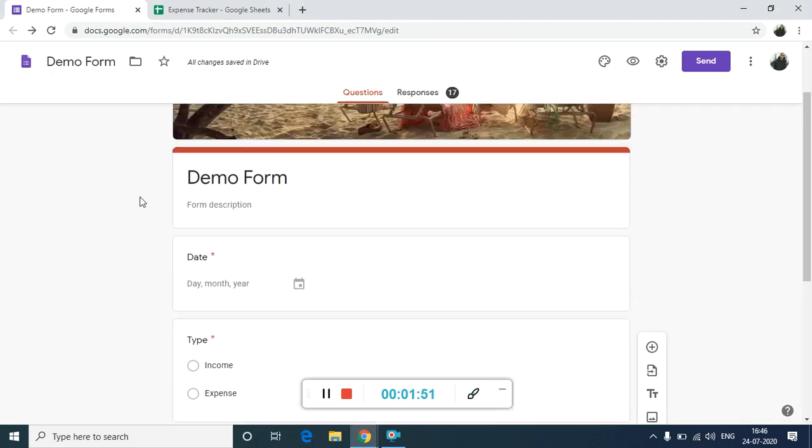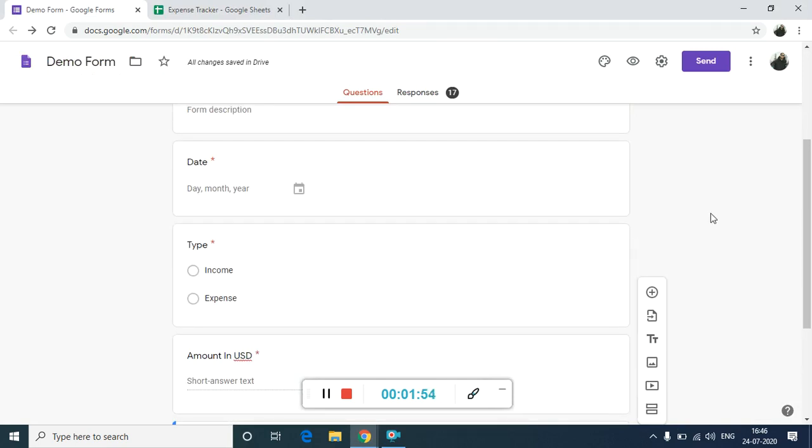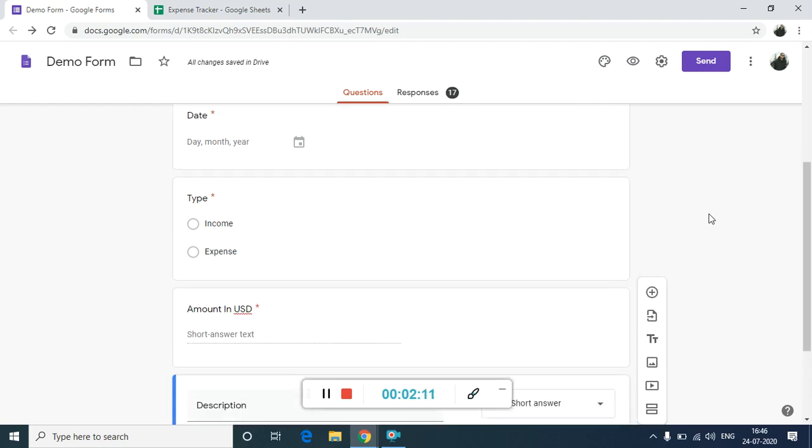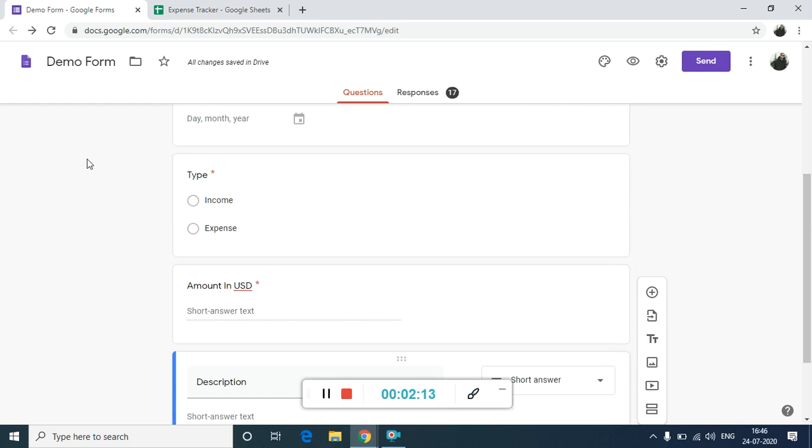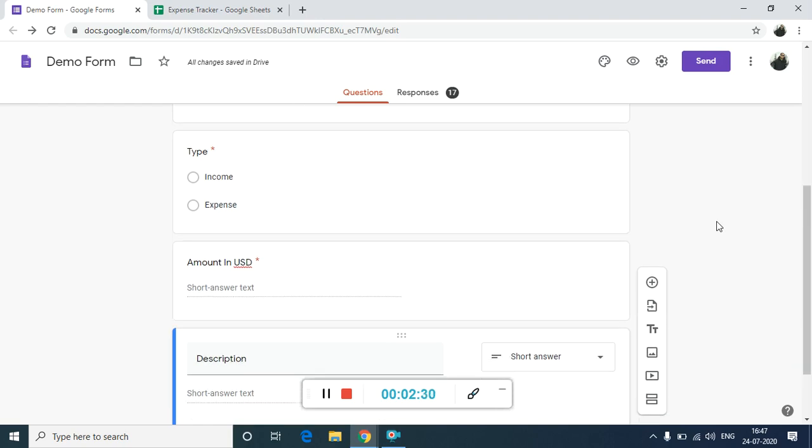Now a simple expense tracker should capture a couple of details. The very first detail that it should capture is date, so that you know on what date you are doing it and whether you're getting an income or you're doing an expense. Okay. The second thing that it should cover is the type, that is the transaction type. So whether it is income or expense, you select a date and then you mention it's income or an expense. Thirdly, the amount, whether it is $100, $50, $500, so you need to mention the amount.